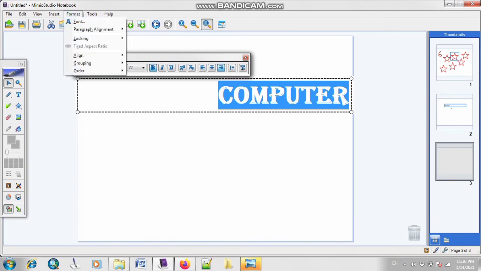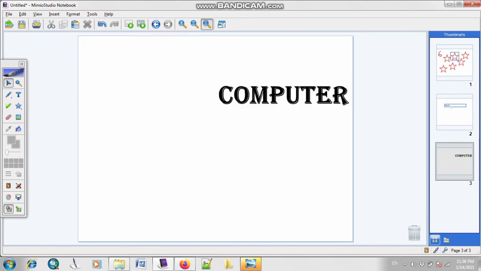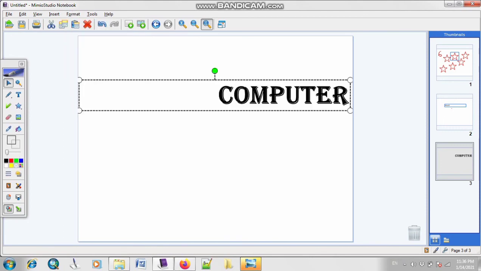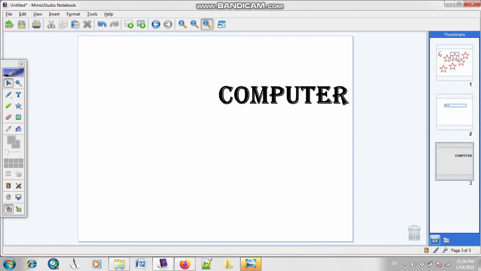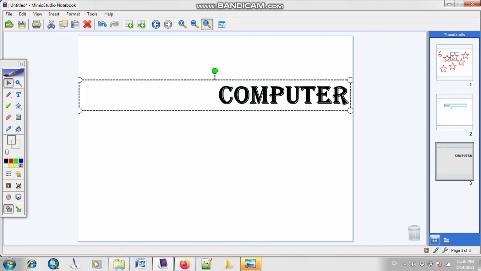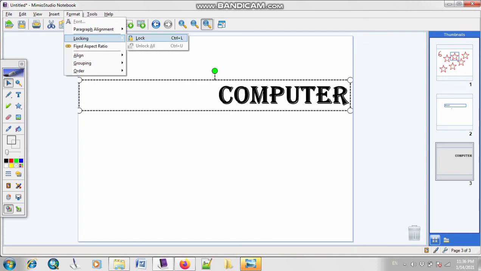Then again, next is your option of locking. So this is a very important and interesting topic, locking. For example, if you click on this option and double click, you can type over here. If you want to lock all your objects, then you can easily lock it. For example, if you select it, click on the option of locking, lock.